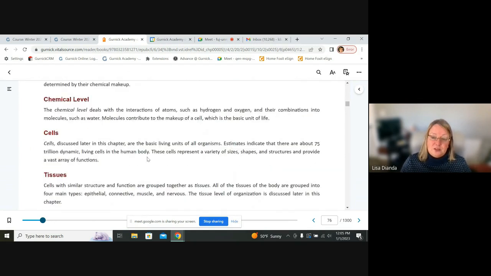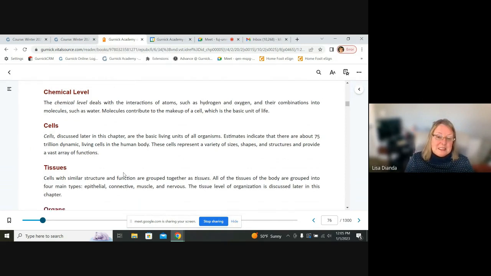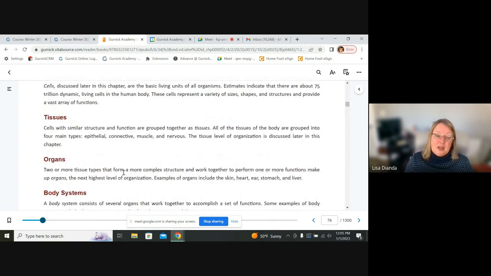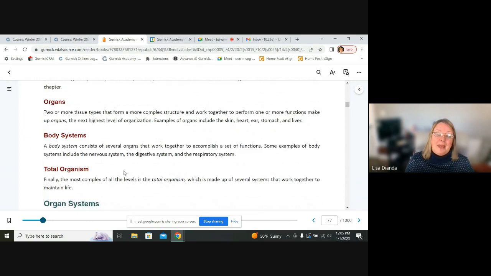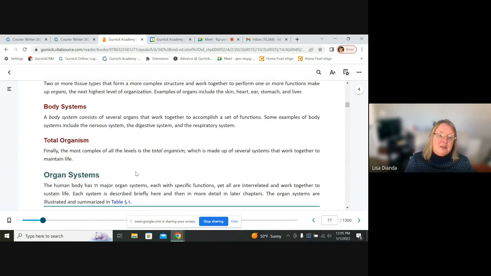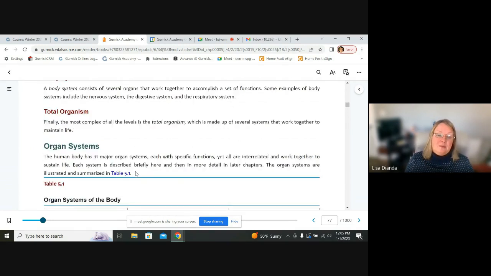Chemical level, cells, right? It's estimated there are about 25 trillion of those. They group together to create functions as tissues. Two or more tissue types form a complex structure known as an organ. A body system consists of several organs, and the total organism is the complexity of all of these coming together